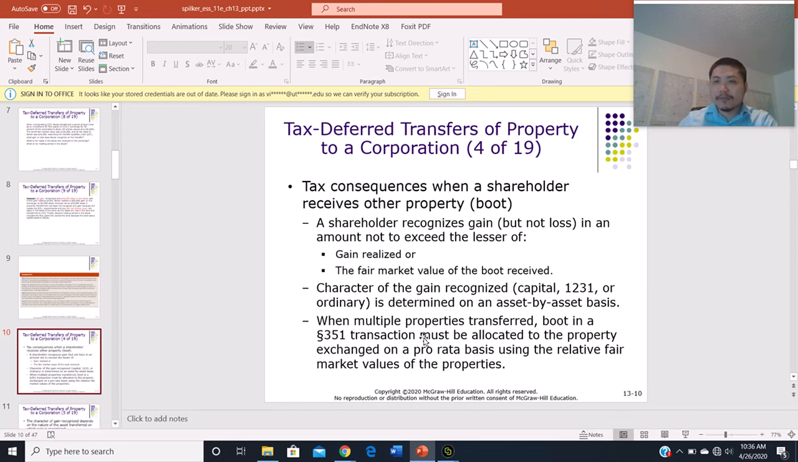Either cash or something else, right? Then the shareholder has to recognize the gain to the extent of the boot, right? But only gain is recognized, and loss doesn't apply here, right? So, all right,